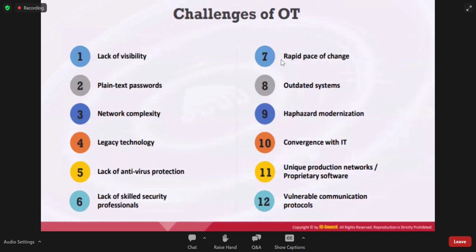But the thing is, we are facing internal threats too in these locations. So that is a no-go thing. Without updating the devices, that is a no-go thing. And it happens on modernizations and the convergence with IT. So when they are converging into IT, let's say if the organization is going from one state to another,